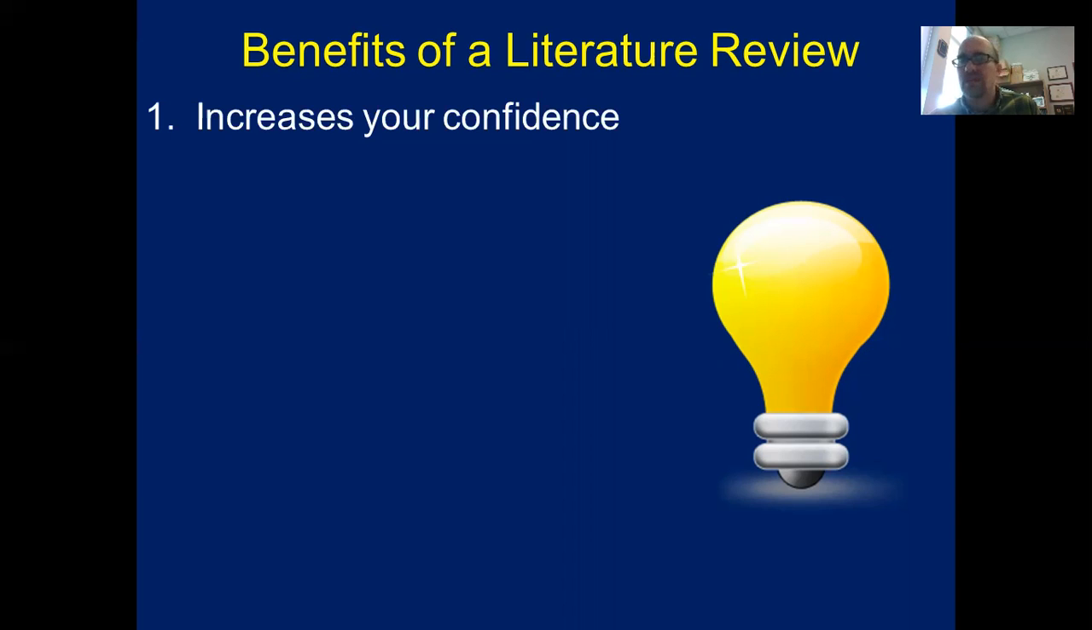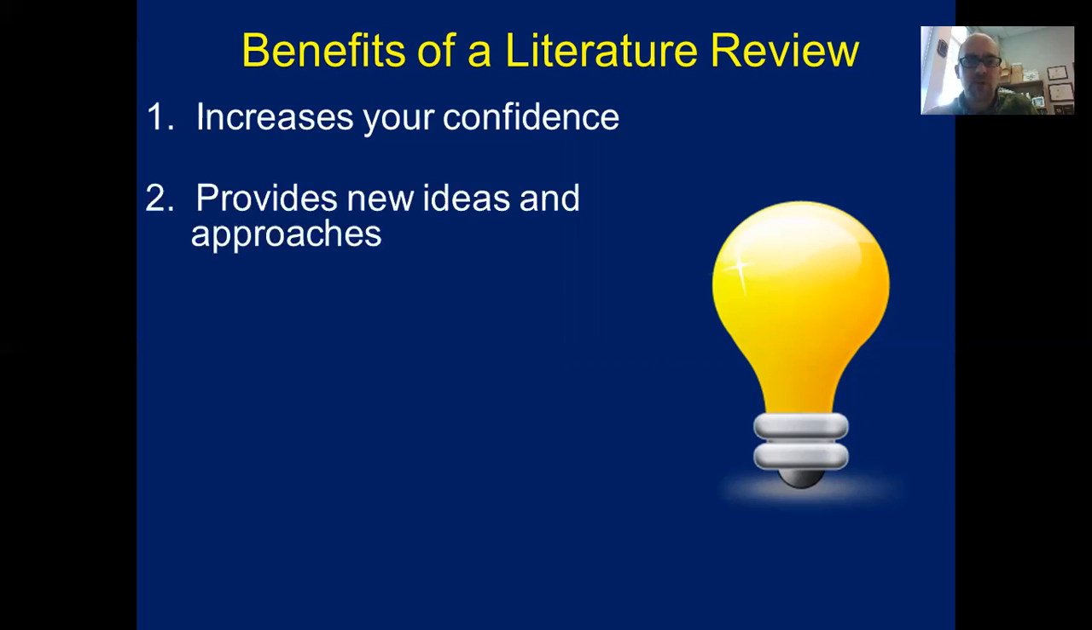And also when you're presenting information, a lot of times at the end of presentation, people are going to ask questions. And so you can feel pretty confident that you're going to be able to answer any sort of questions that get asked, because you've got this foundation to work from. The lit review also provides new ideas and approaches. And this is important because